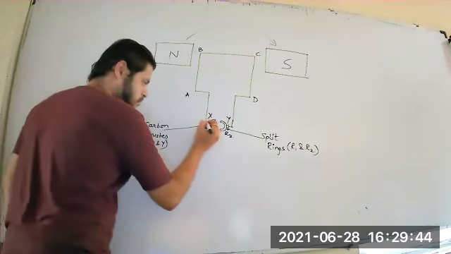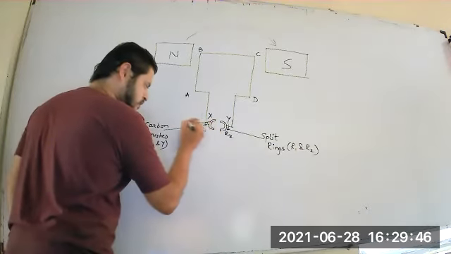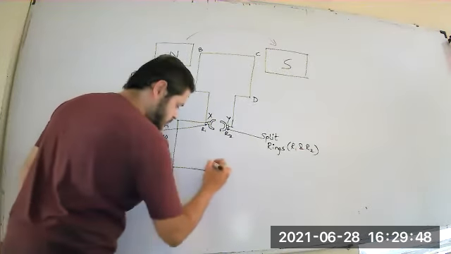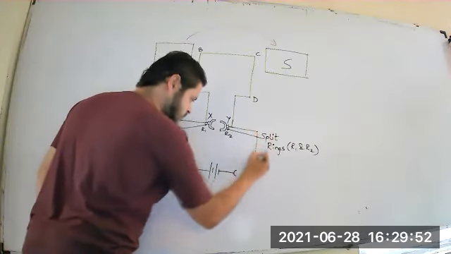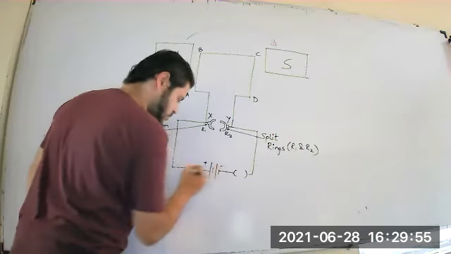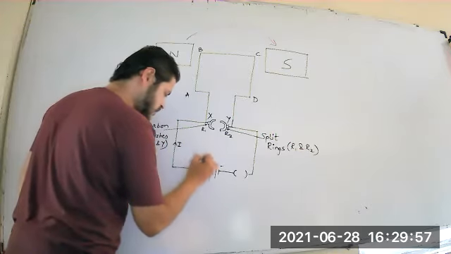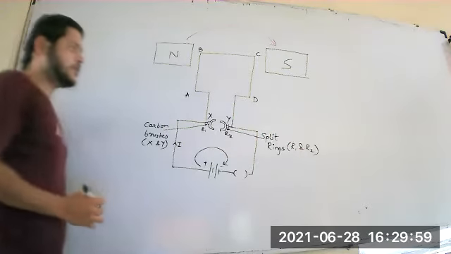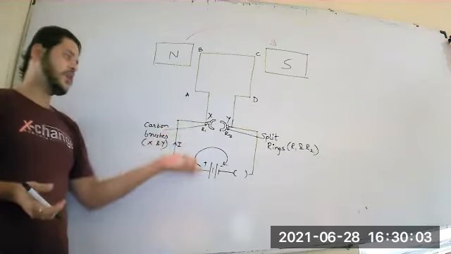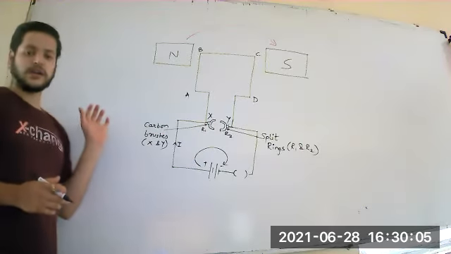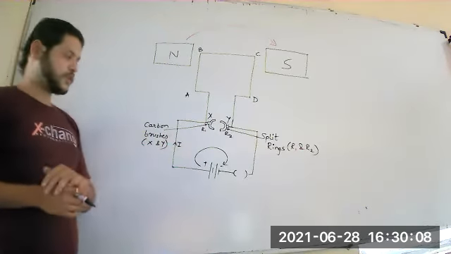And from the carbon brushes, we will further connect them to the battery and the switch. So this will be my direction of current from positive to negative. So this is basically how the basic construction of your electric motor is.